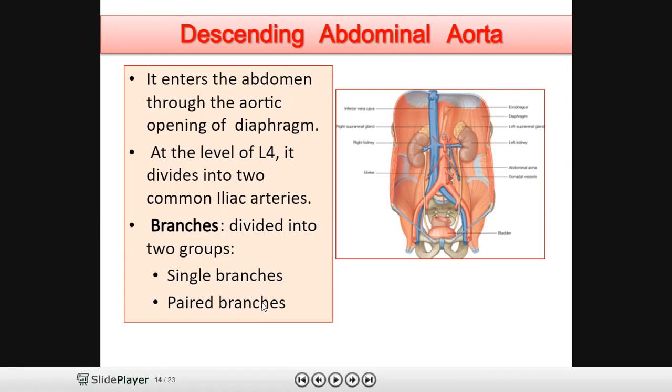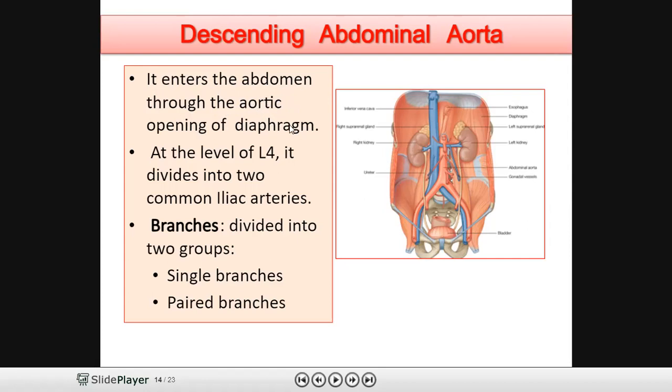The kidney will have a left and a right kidney, so we need paired branches to supply both of them, while single branches go to supply single organs. So the descending abdominal aorta is a continuation of the descending thoracic aorta. It enters the abdomen at the level of the T12 vertebra through the aortic opening of the diaphragm, or what we